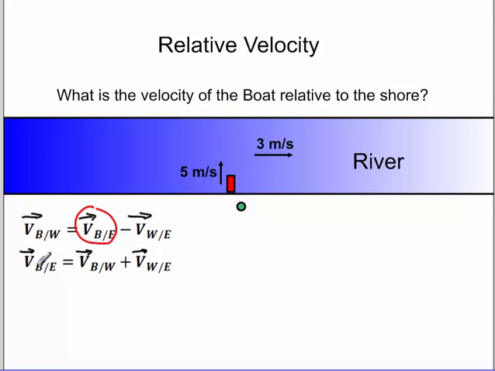So I'm going to move this to the other side, and I will get this: the velocity of the boat relative to the Earth is equal to the velocity of the boat relative to the water plus the velocity of the water relative to the Earth. Alright, so now we're going to solve this. The velocity of the boat relative to the Earth, which is the same thing as the velocity of the boat relative to the shore, is going to equal the velocity of the boat relative to the